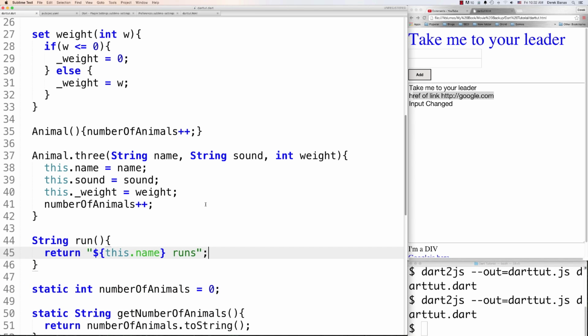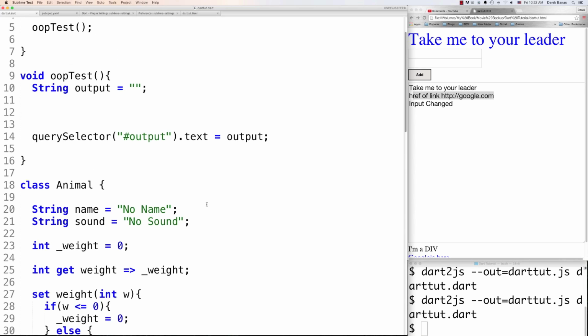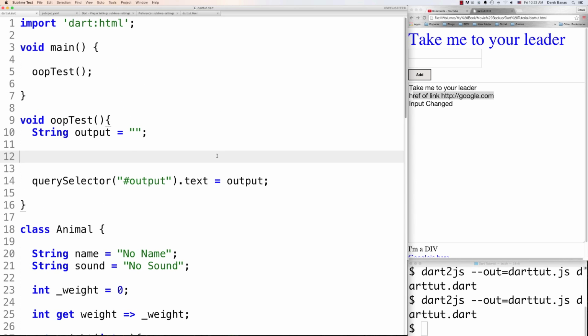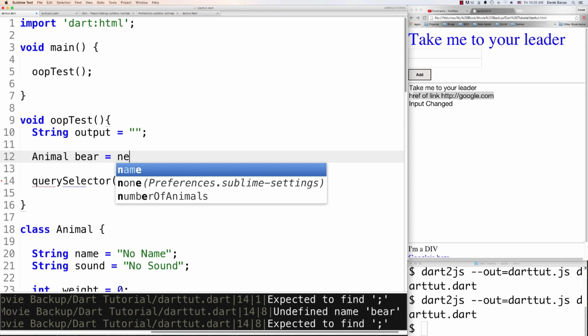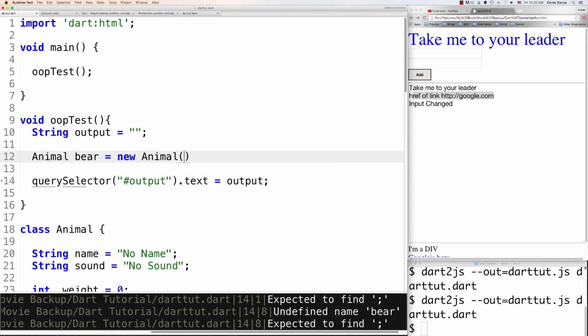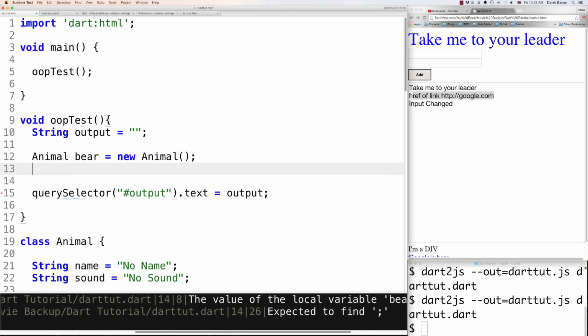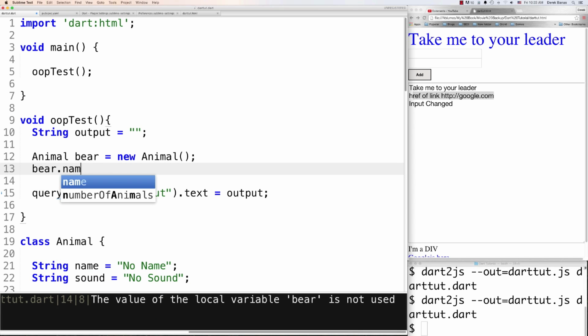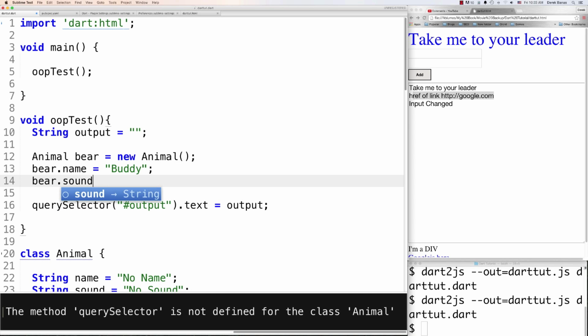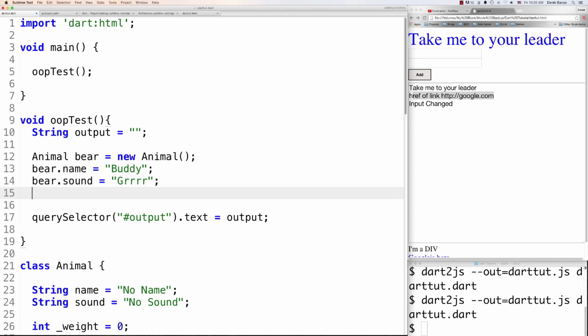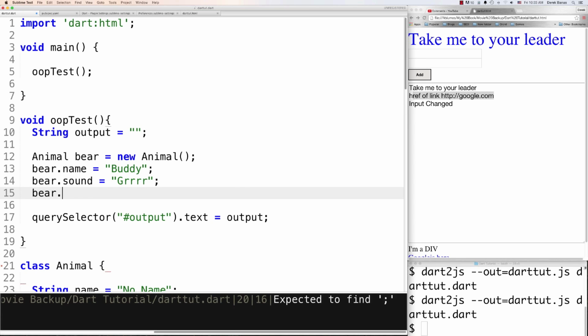And now that we created all those different objects and methods and all that stuff, let's jump up here and let's create ourselves some objects. So let's create an animal object called bear, and we just go new Animal like that, and there you go, it's been created. And now we can come in and define the values that this is going to have. Let's say our animal bear is named Buddy, and he makes a sound of grr, and he also has a